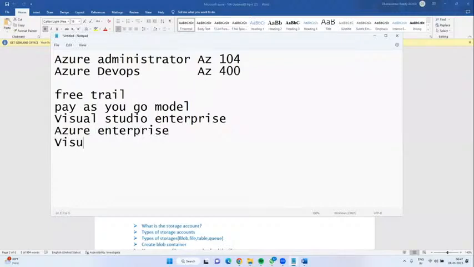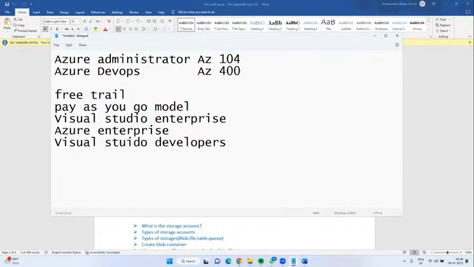Visual Studio Developer Edition. Like that, we have around 20 plus subscriptions. Next, we have the student license. Visual Studio Enterprise, Visual Studio Developer, Visual Studio Students. We have n number of subscriptions. So as per your business requirement, we can choose one subscription, then we will host all project related services.